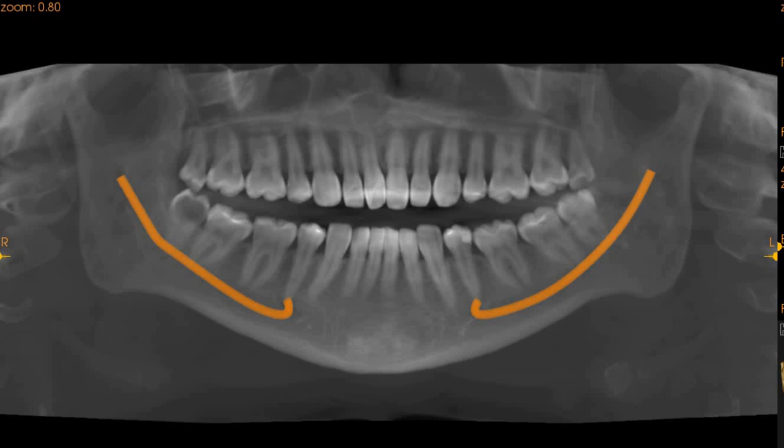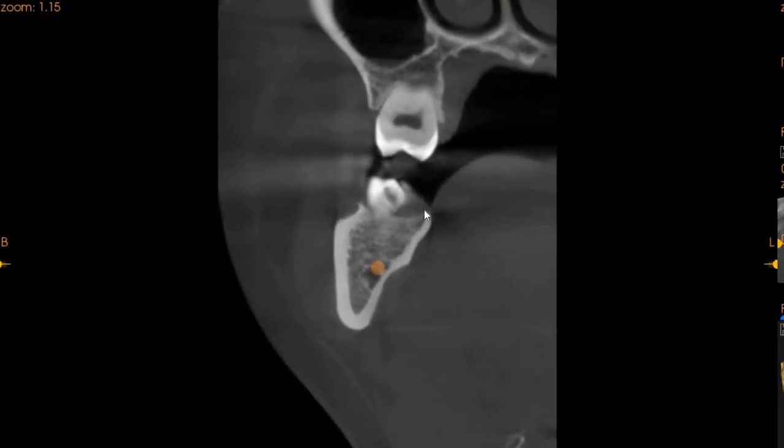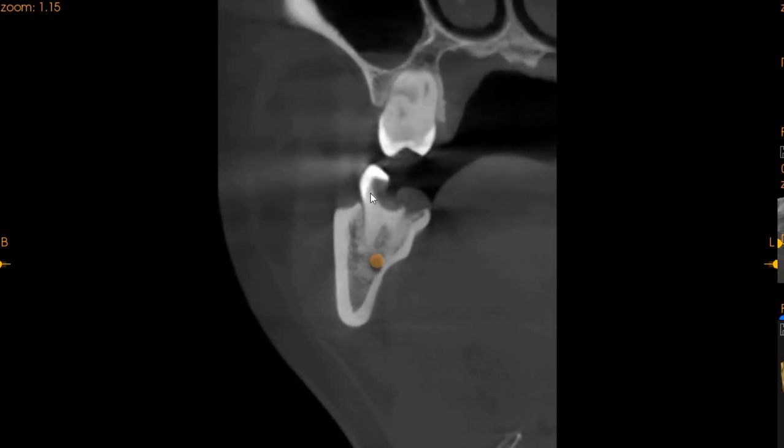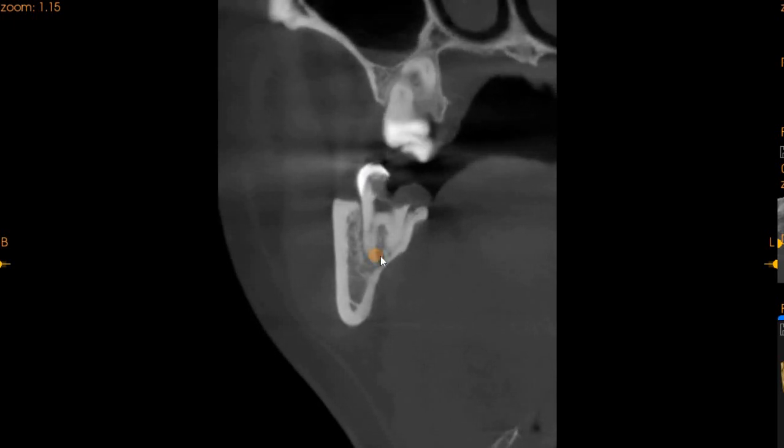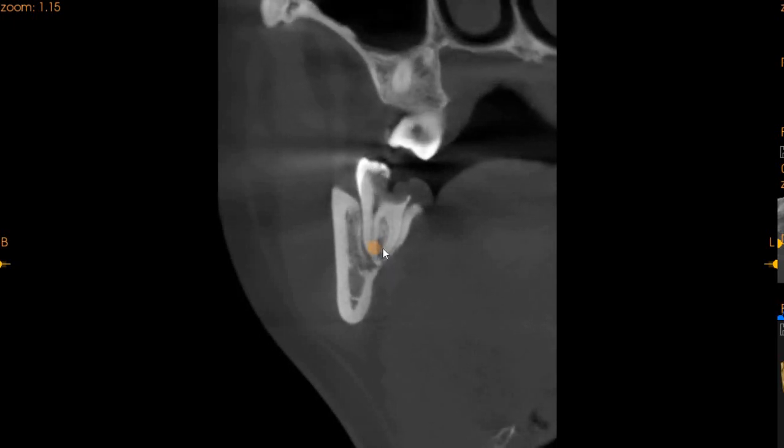Now, we will highlight on the transaxial view and we'll show you exactly how closely associated the tooth is with the nerves. Now, this is the mesial aspect of the grossly carious lower right third molar. We can see that the nerve, as highlighted in this orange region, is actually present within the roots of the lower right third molar. And as we move distally, we see that